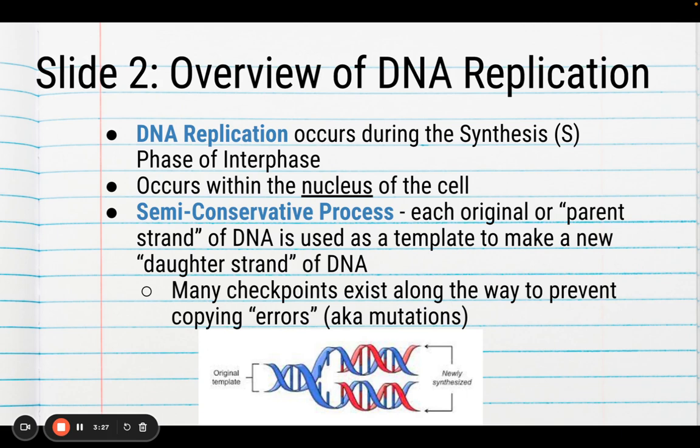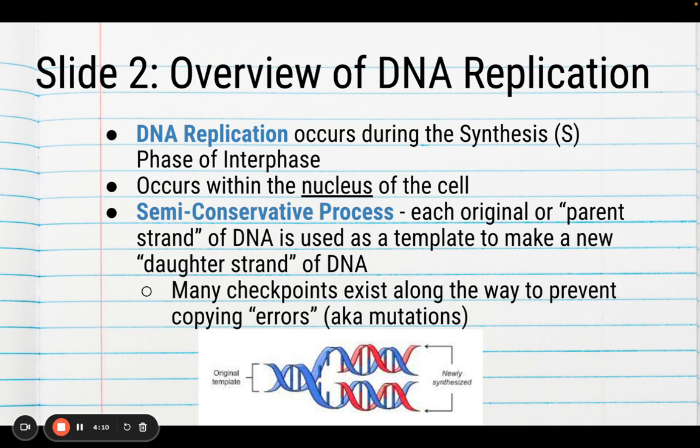What that means, as you can see in this image right here, you've got 2 DNA strands or a double helix. These are your original strands of DNA. Then they break apart and they are used as a template to make copies off of. So breaking the bonds between the bases to use these blue strands as a template for the new daughter strands of DNA. That is why we say it is semi-conservative, and that whenever the DNA is completely done making copies, each strand of the double helix includes the original parent strand, and then the other strand is the new daughter strand.